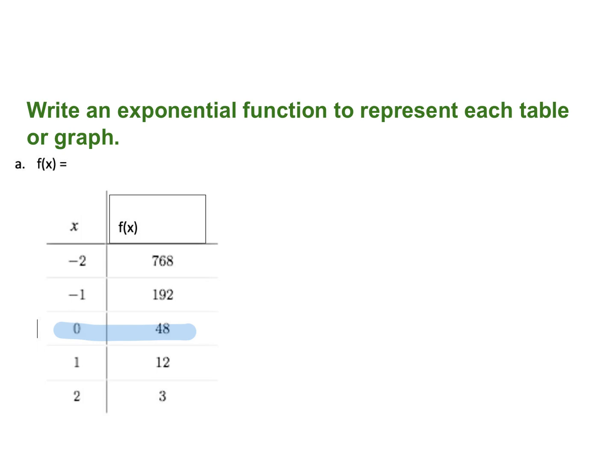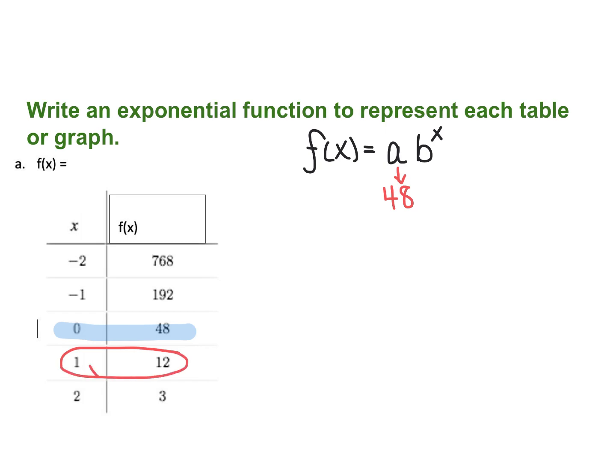That tells me that my a value is 48. So I'm going to plug 48 in for my a, my initial value, and I need to determine my base. So what I'm going to do is pick one other ordered pair, and I'm going to choose (1, 12), where of course this is my x and this is my y, and I'm going to substitute this into my function. So f of x is the same as y, so I have 12 equals 48 times b